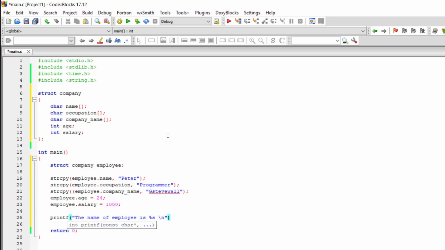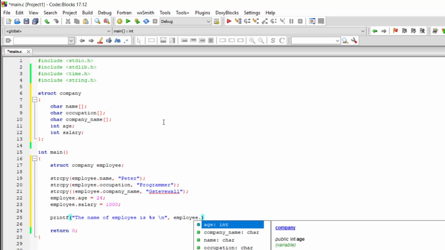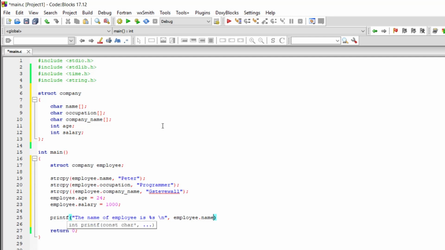Go ahead and put a comma right here, and the name is going to be employee.name. So employee.name, go ahead and put a comma, a semicolon, and I'm going to copy